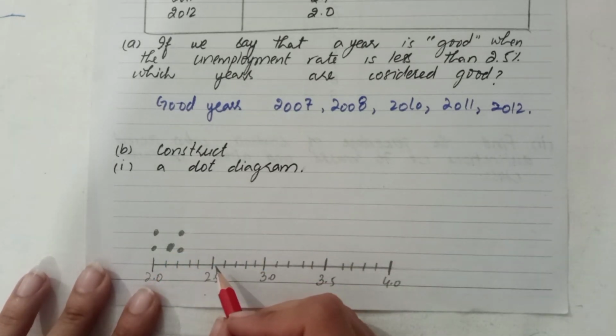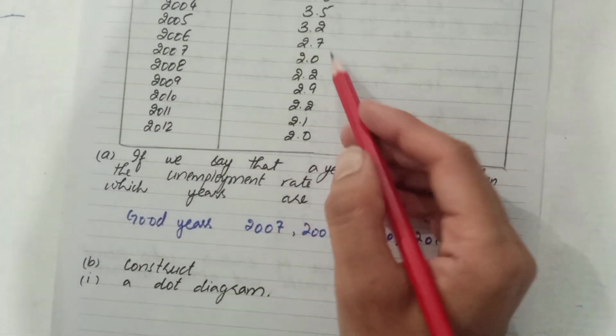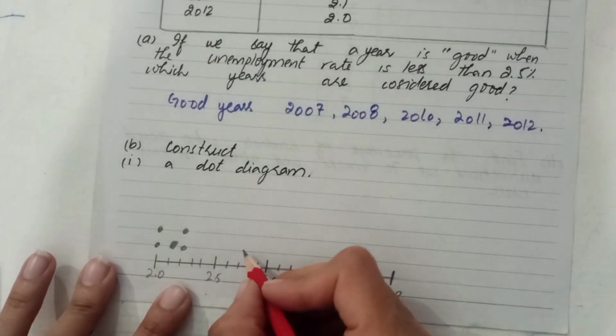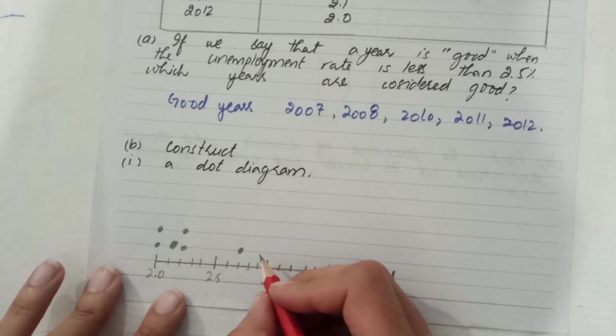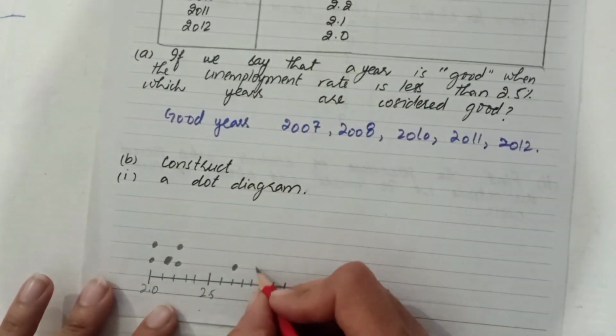No 2.3, 2.4, and 2.5, and then 2.7 and 2.9. Yes, 2.7 one time, and then 2.9 is also one time,